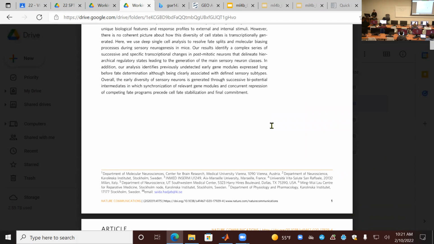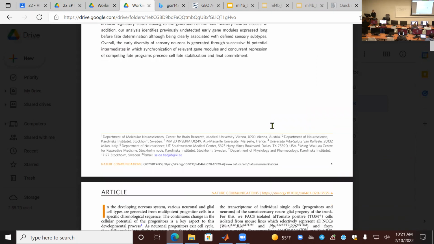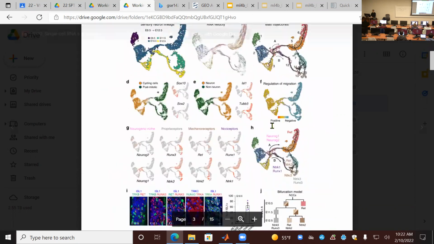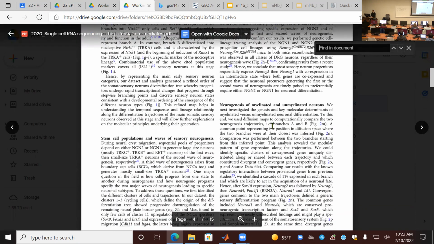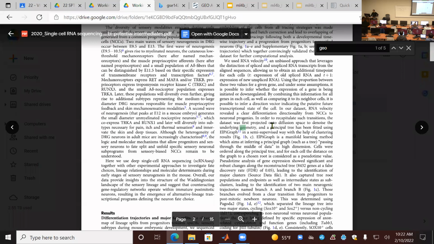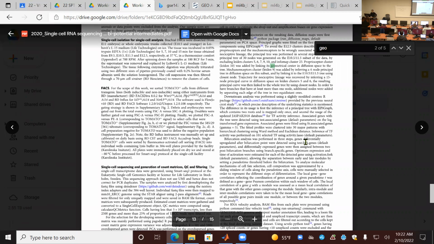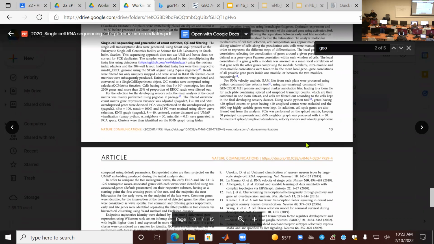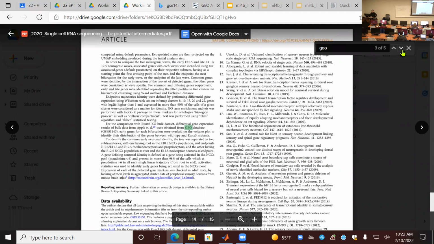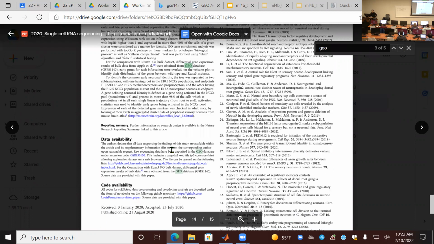Published 2020, and let's see where the data is. Okay, at the end, there is a data availability